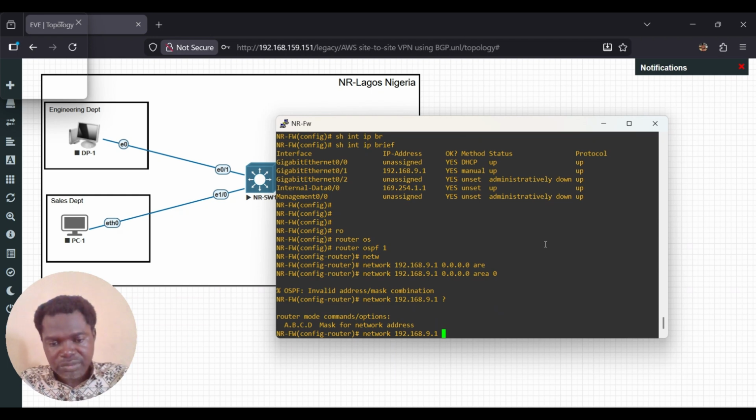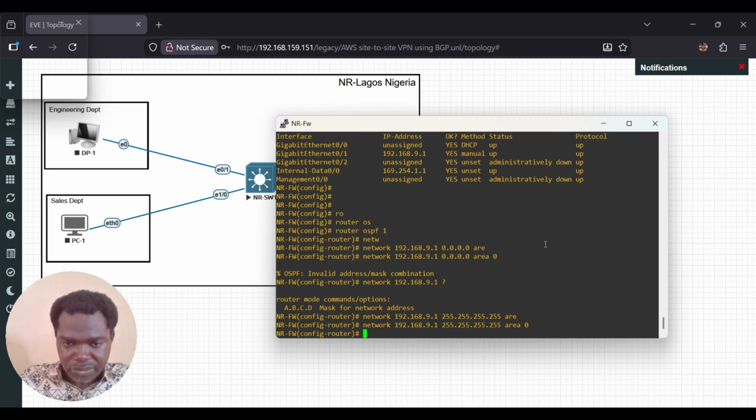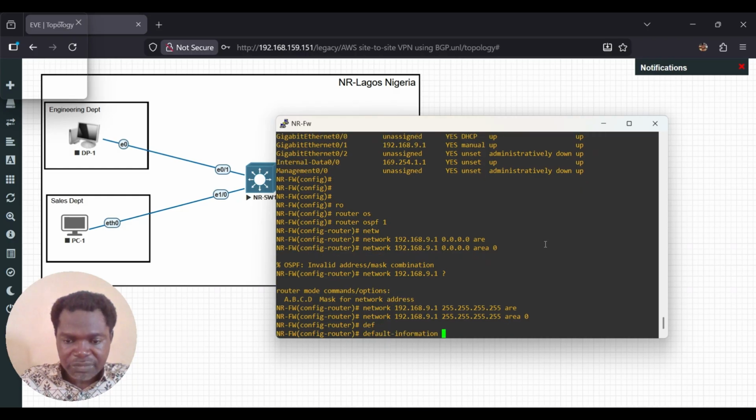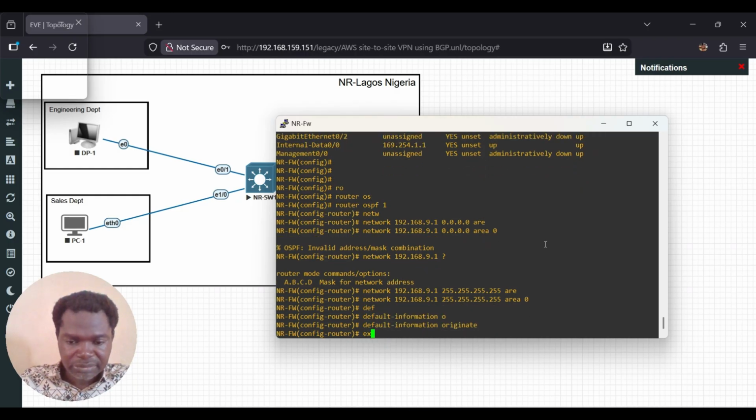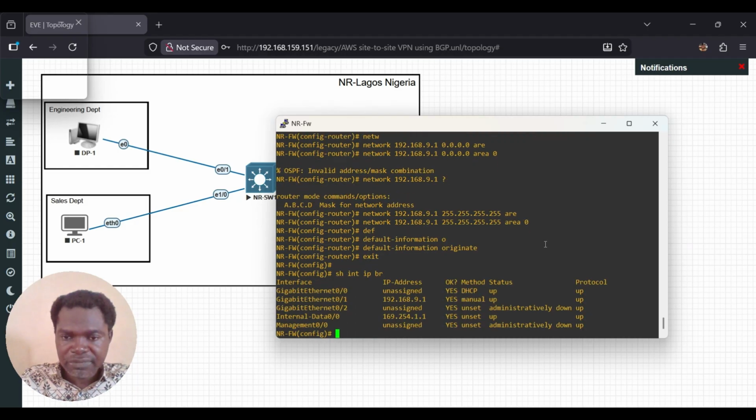So on the firewall, we don't use a wildcard, we use the subnet mask. So 255, area 0. Then I'll say default-information originate.